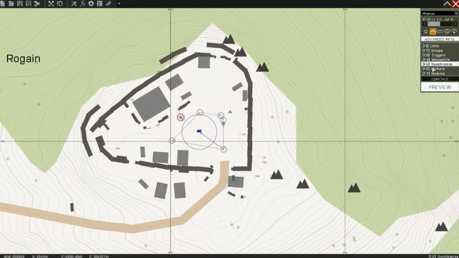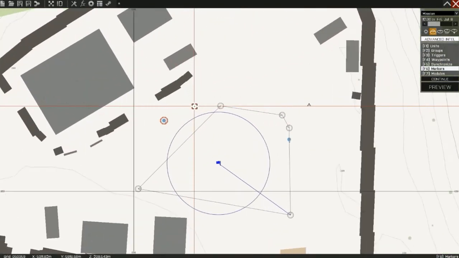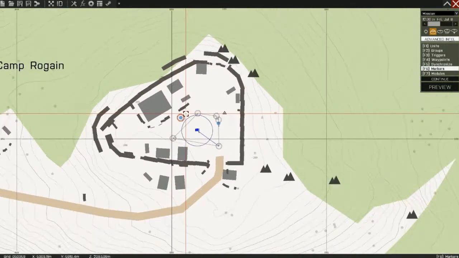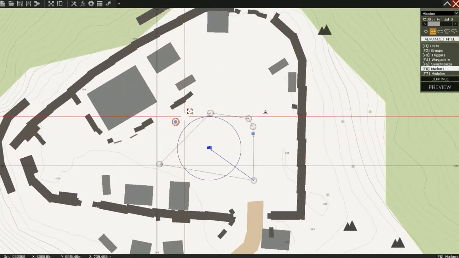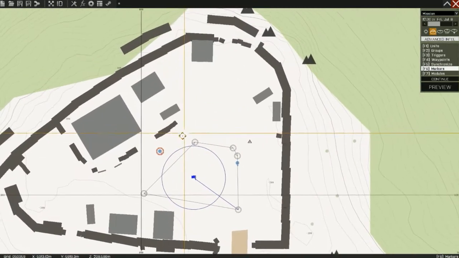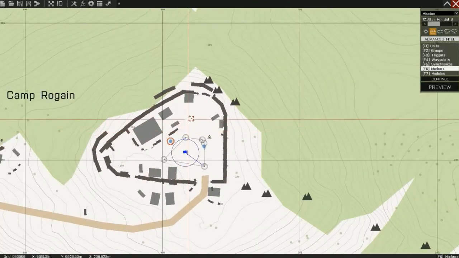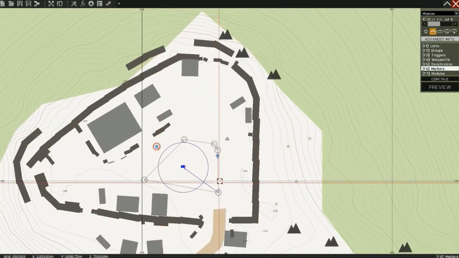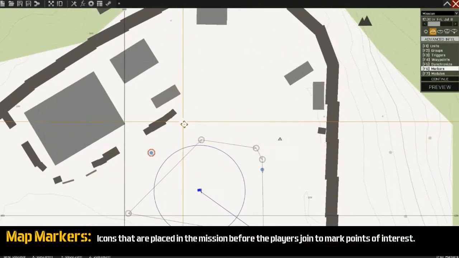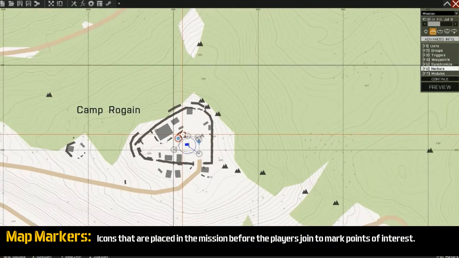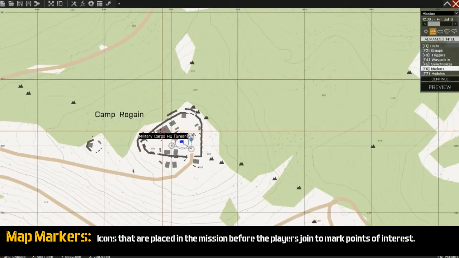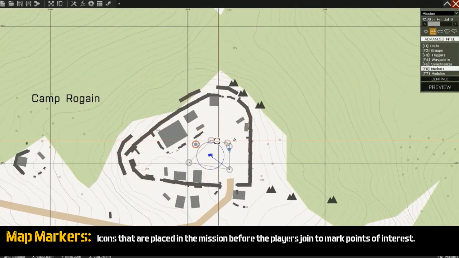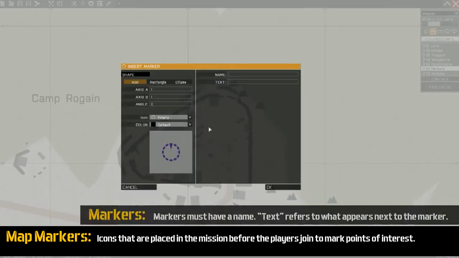Now the final thing I'll show you today, anyway, we'll go over modules in another lesson, is map markers. Map markers, there's nothing really complex about them, but they come in handy when you're mission making if you want to place information on the map prior to your players actually entering. So for example, you might want to mark up a landmark, an enemy base, anything really. So if we click markers and we double click, you get this option.